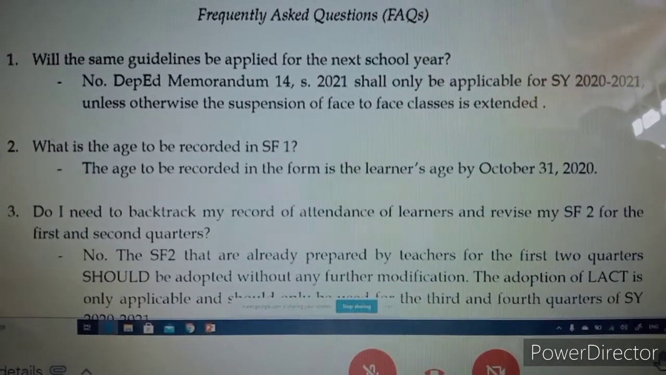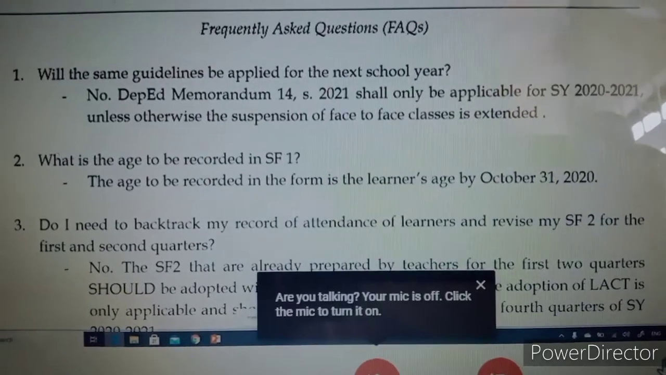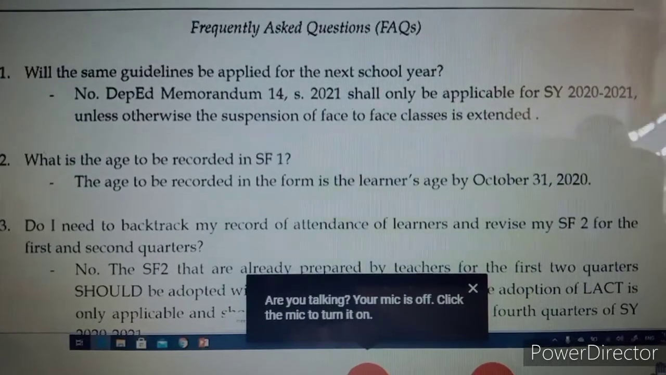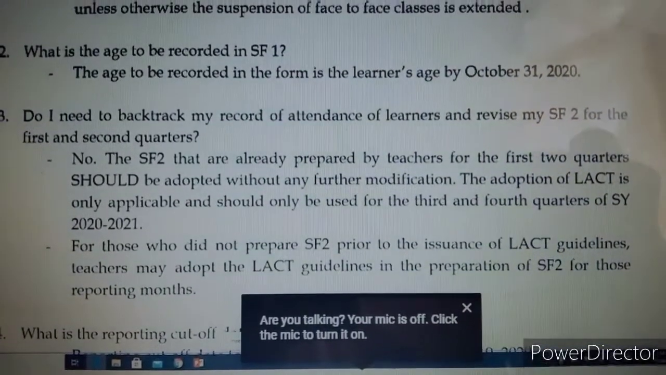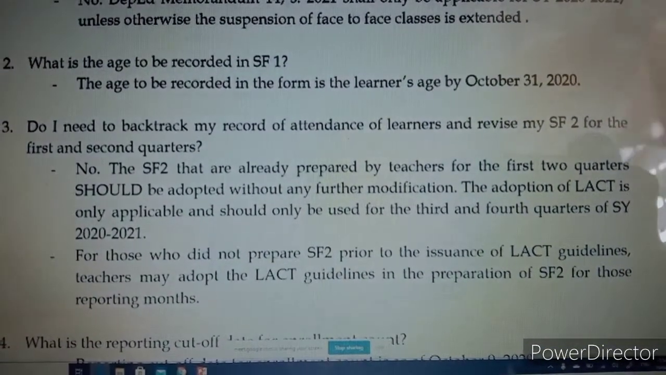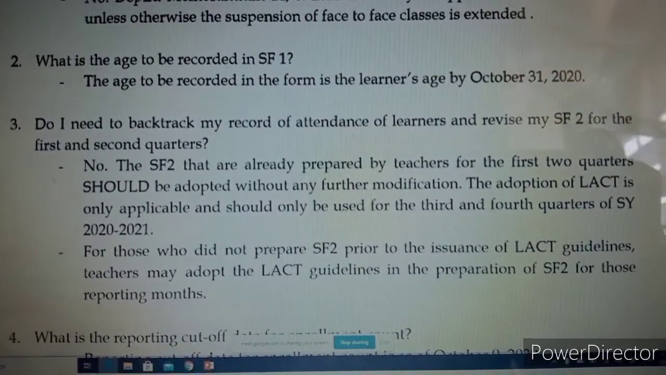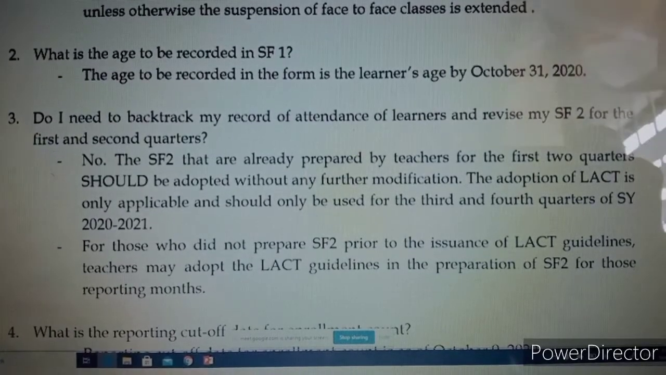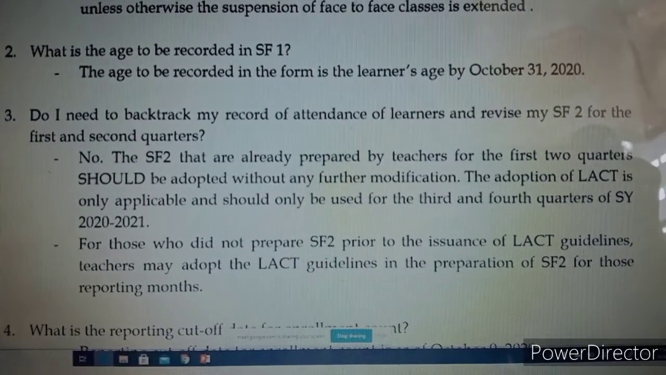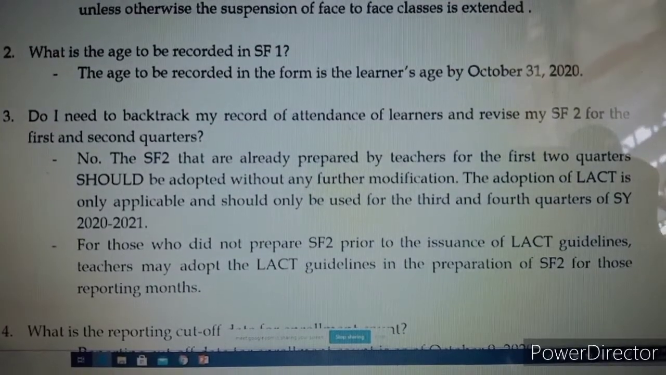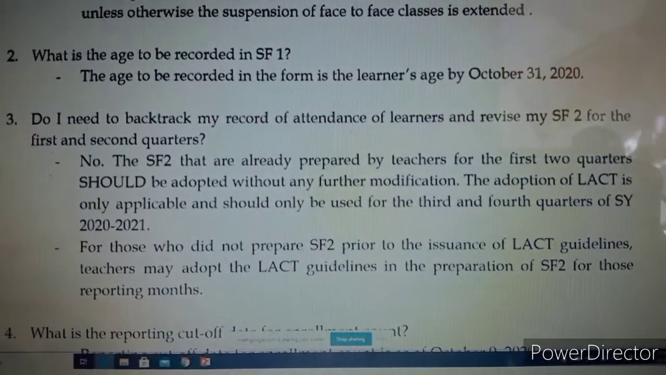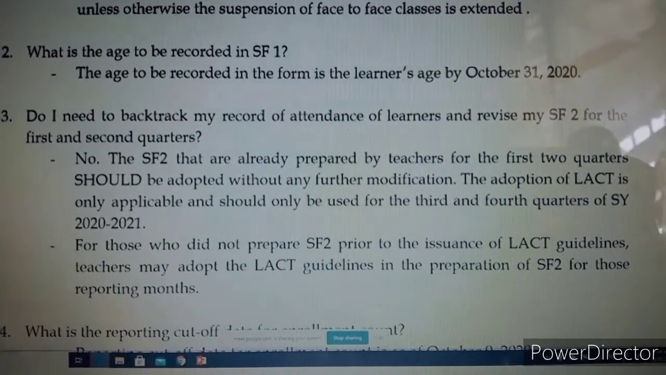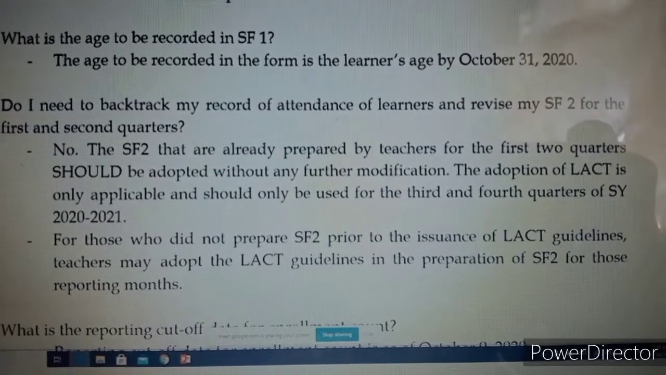What is the age to be recorded in SF1? The age to be recorded in the form is the learner's age by October 31, 2020. Do I need to backtrack my record of attendance of learners and revise my SF2 for the first and second quarters? No. The SF2 that are already prepared by teachers for the first 2 quarters should be adopted without any further modification. The adoption of LAC is only applicable and should only be used for the 3rd and 4th quarters